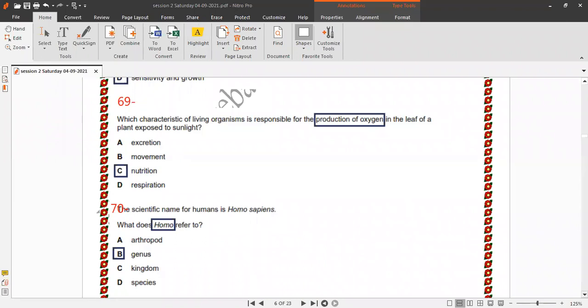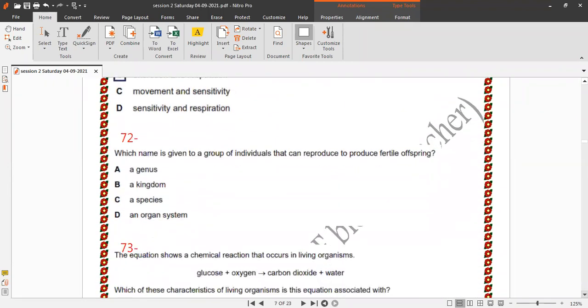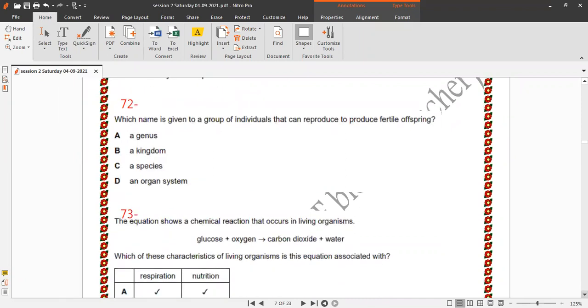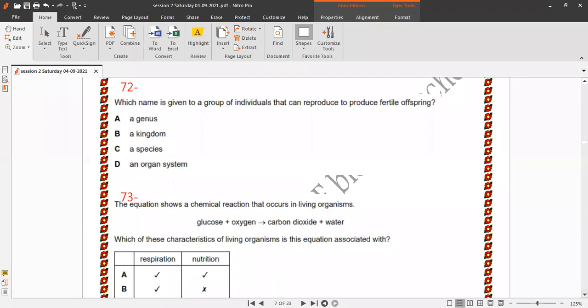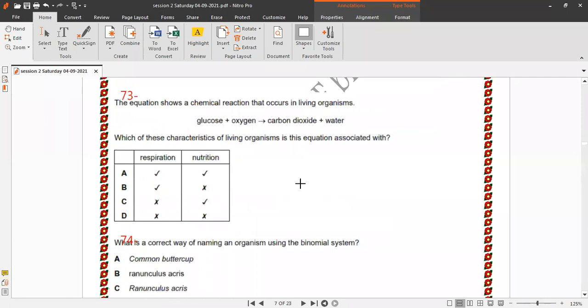Salma, 72. Which name is given to a group of individuals that can reproduce to produce fertile offspring? A species. Okay, the definition of species: individuals that can reproduce to produce fertile offspring. And also this one, please. The equation shows